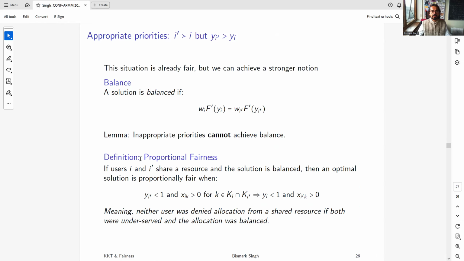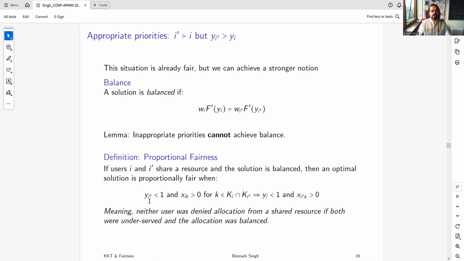Okay, so let's define a new notion, which is stronger than the notion of fairness. It already exists in the literature in various settings as well. That's known as proportional fairness. So in our setting, proportional fairness means that if there are two users, they share some common resource, the solution turns out to be balanced, as this definition is showing, then we would say that the solution is proportionally fair